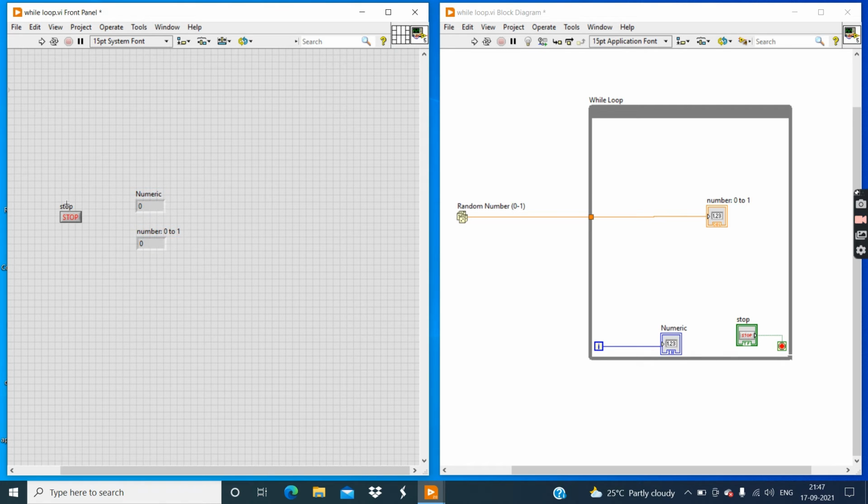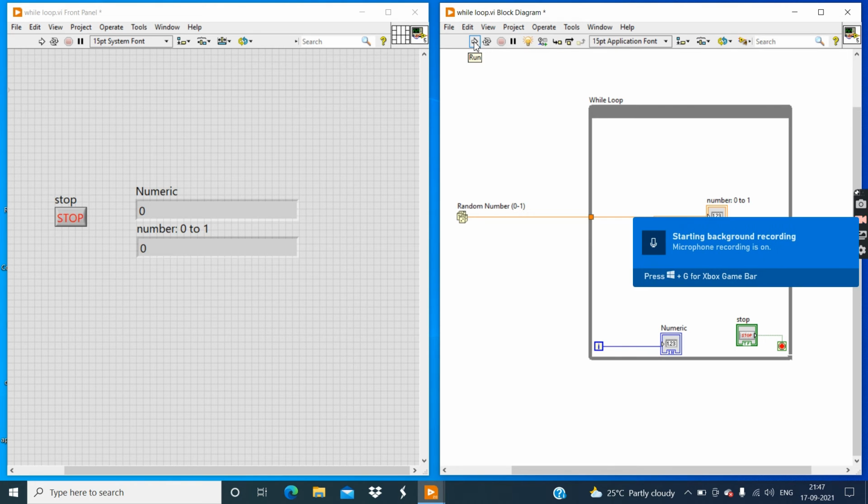Then select all the controls and indicators and make their size larger, and then increase the size horizontally. Now click on highlight execution and then click on the run button